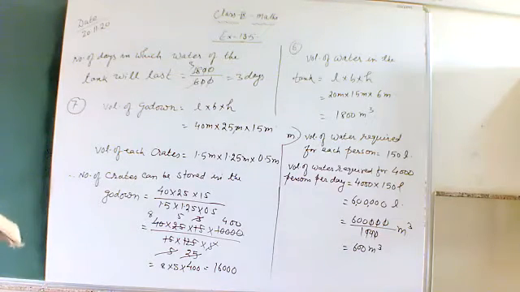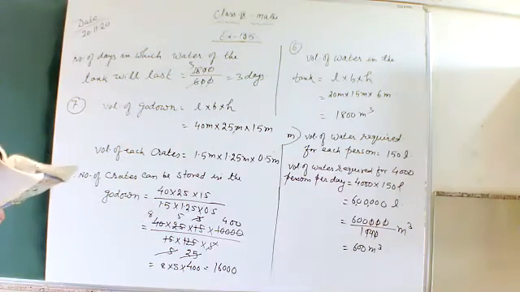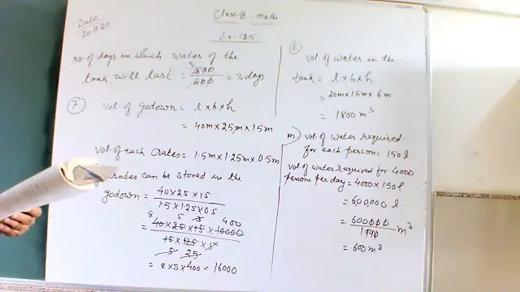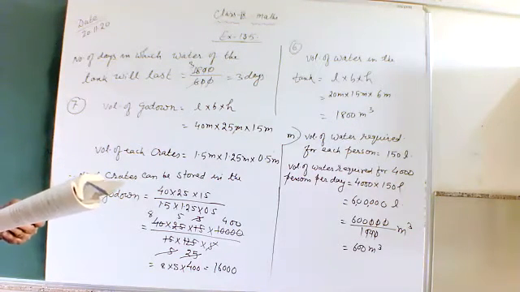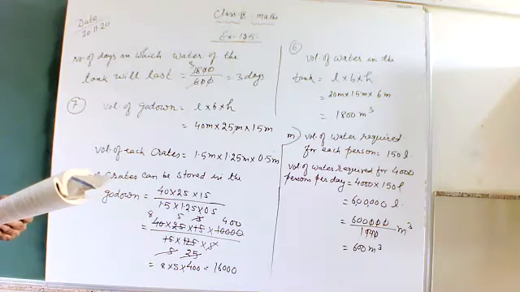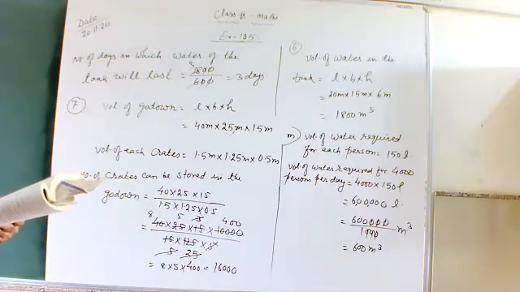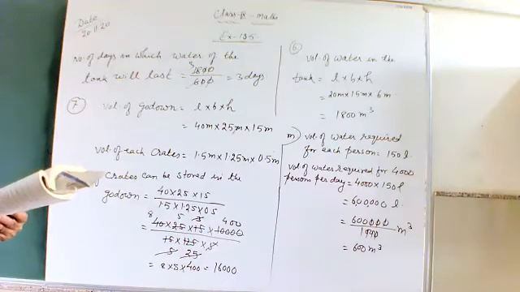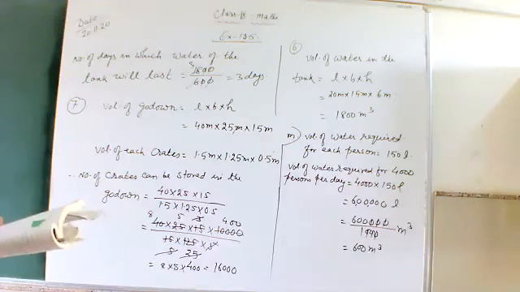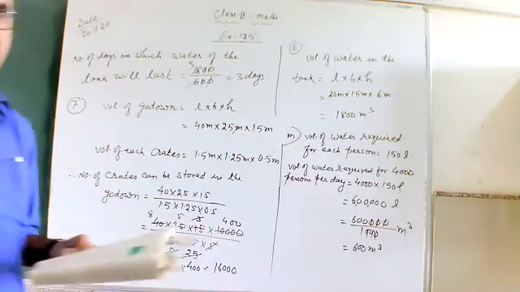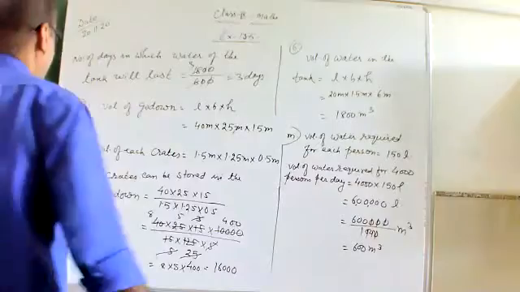Yes, sir. Okay. Now, question number 8. A solid cube of size 12 centimeter is cut into 8 cubes of equal volume. A cube of 12 centimeter size is being cut into 8 equal small cubes, right? Then what will be the side of the new cube, and also find the ratio between their surface areas. This is a very good question. Okay, so I am explaining it.